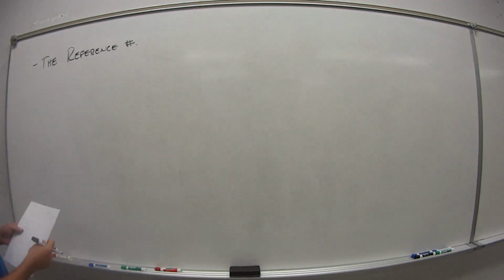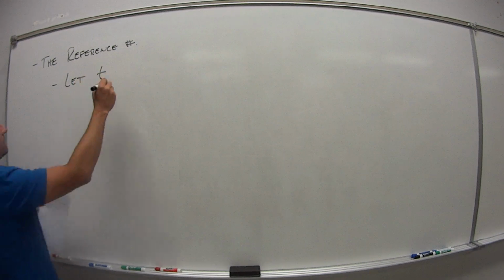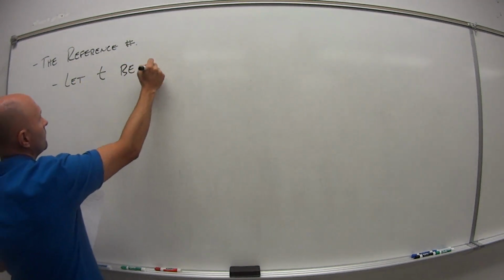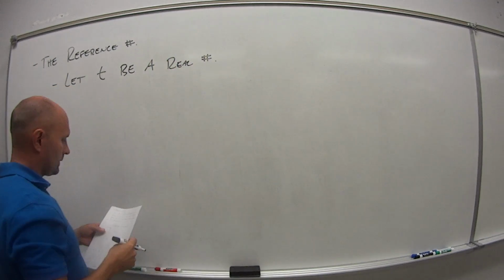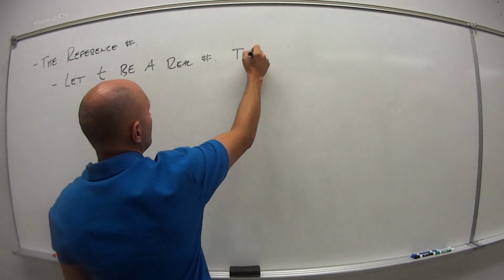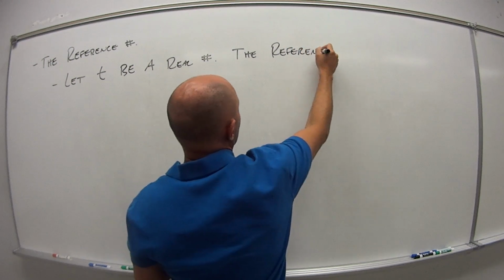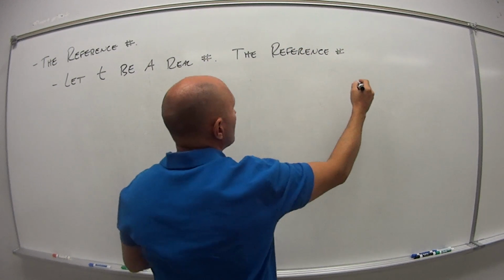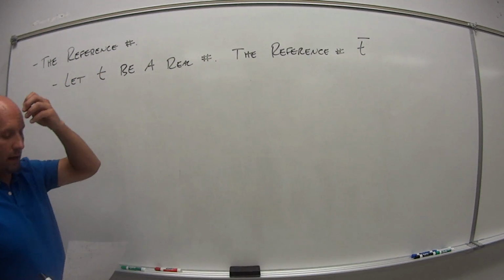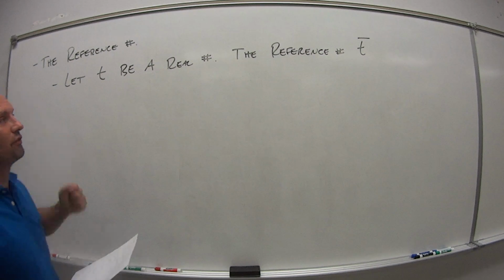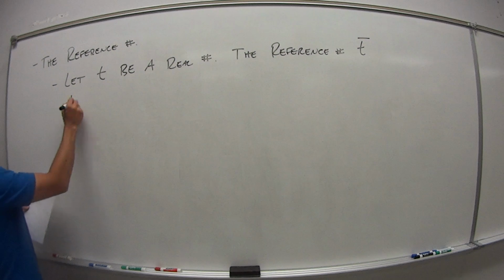So let me give you a definition. We're going to let t be a real number. The reference number, and we're going to call this t bar, so a little t with a line over the top of it. That's our indication this is a reference number. So the reference number t bar associated with t